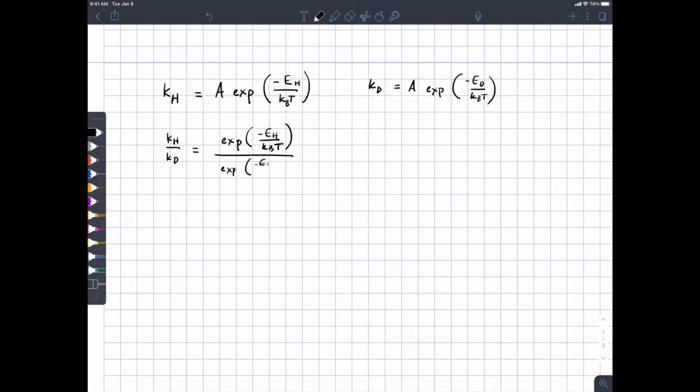I'm just doing the algebra at this point. And then maybe you remember that when we divide exponentials by each other, there's a property of exponents that we can use here. So this is exactly the same as, and I've canceled out the pre-exponential factors, which are the same, this is the same thing as saying